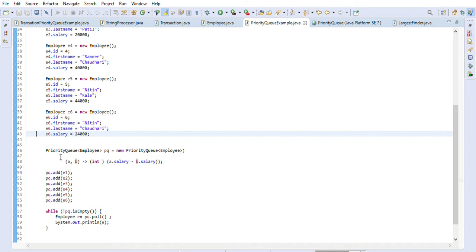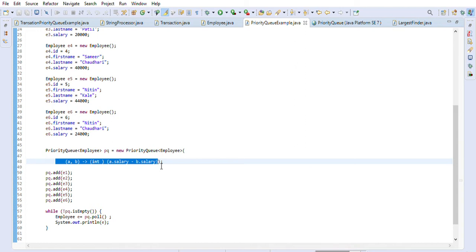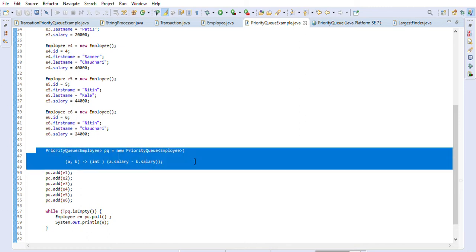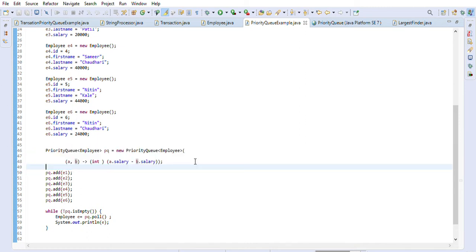It depends on your comparator, right? How you are passing the comparator. So you want the minimum value on the top or you want the maximum value on the top. It depends on the comparator that you provide here in the priority queue, right? So similarly, I can give you one other example of a priority queue,